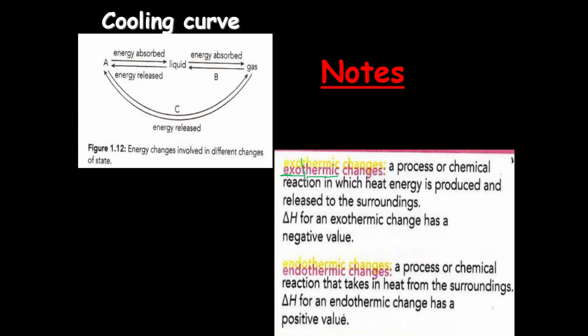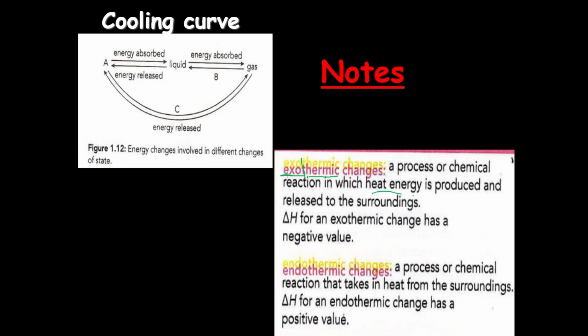So exo means exit or outside. So exothermic change means energy will go outside. Heat will go outside. This is simply put, but the definition is: an exothermic change is a process or chemical reaction in